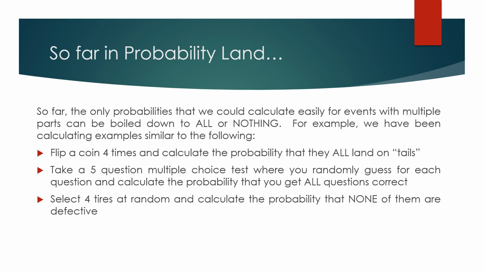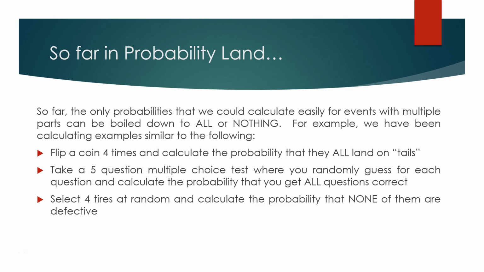So far this unit, we have only been able to find probabilities that were all or nothing. For example, we flipped a coin and found the probability that they all landed on heads. We had a 5-question multiple choice test where you randomly guessed and found the probability that you got all of the questions correct. Or you had 4 tires and you selected 4 and wanted the probability that none